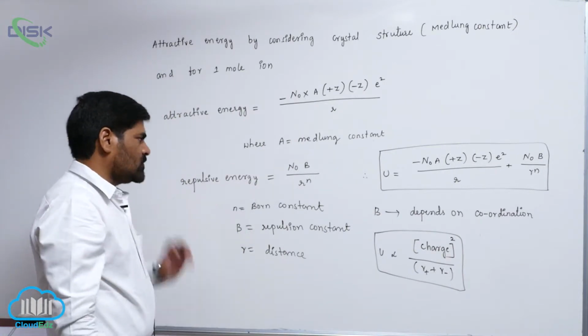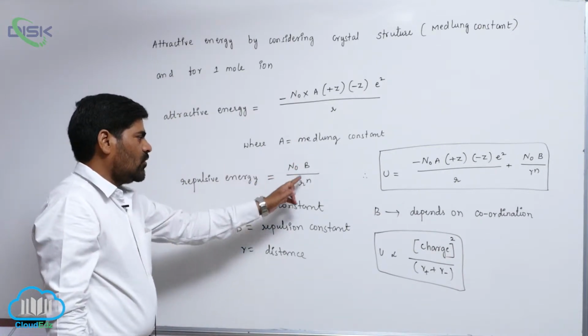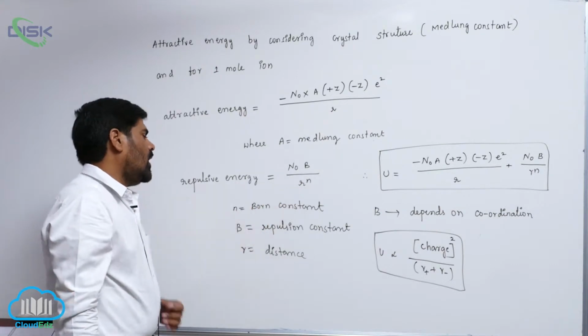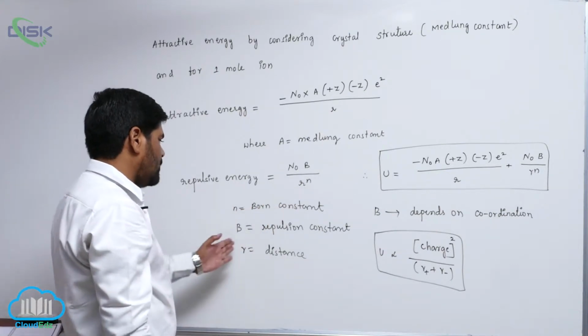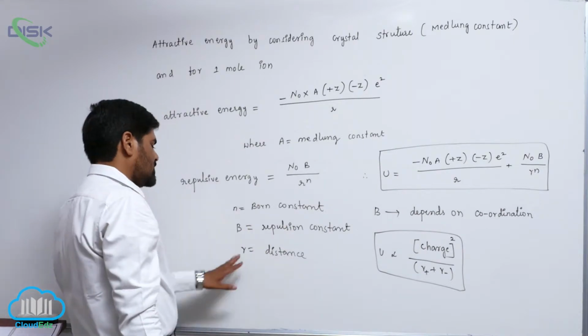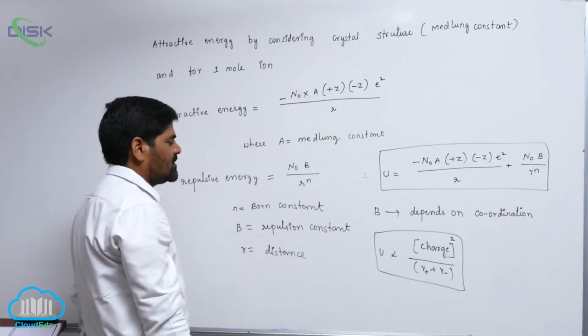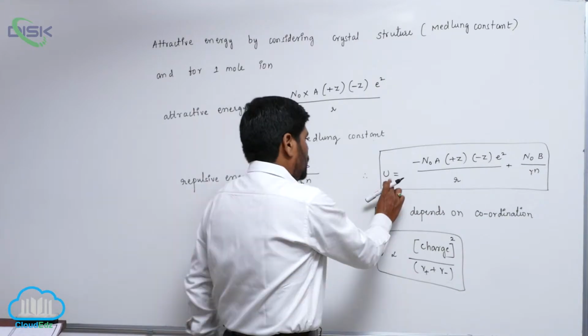Then repulsive force equals N0 into B by R to the n, where n equals Born constant, B equals repulsion constant, R equals distance. So therefore U equals